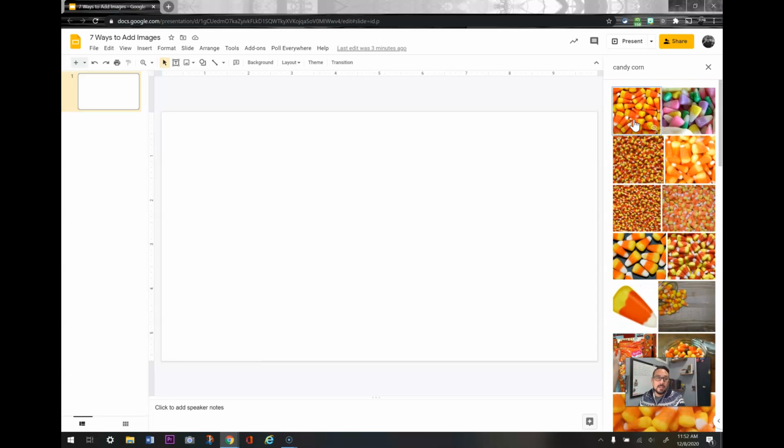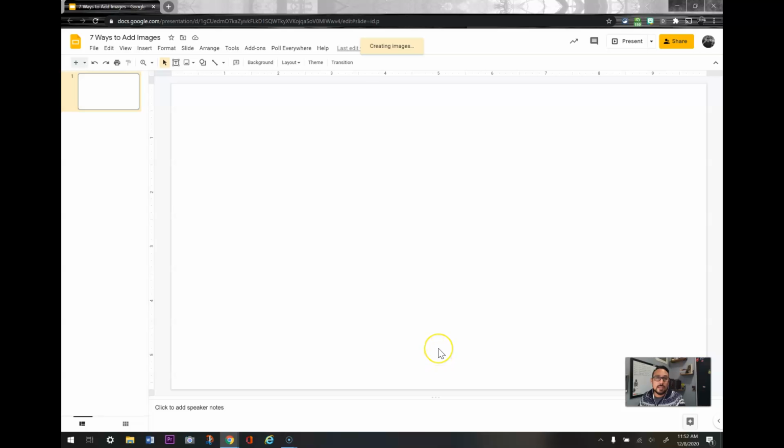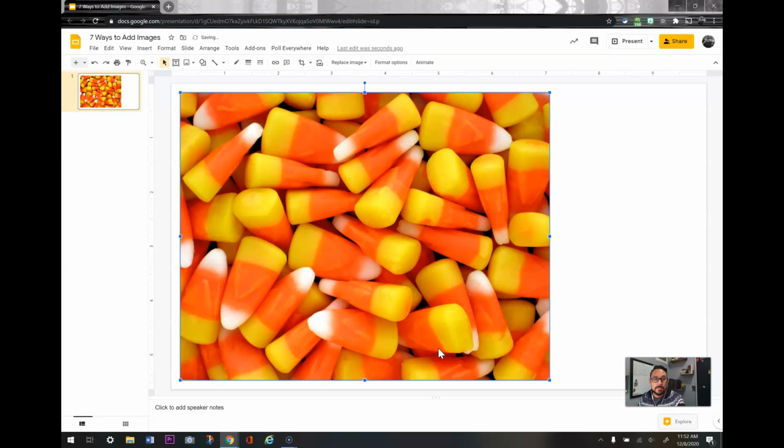And so just like the other ones, I click on the image I want, and I can hit Insert or double click on the image, and it pops up there. Now, by doing it this way, I can ensure that I'm using images that I'm allowed to use and modify. So that's the default search. You can also